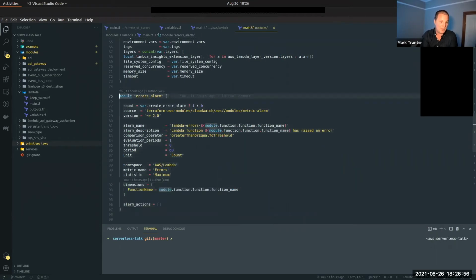Alarms, this comes back to our production readiness piece. I've set the threshold at 0 here, so I'm saying if there are 0 failures or more, I want you to send me an alarm. Now in production, obviously you would have that set at some greater value. You don't want to get alarms when there are 0 errors, but this is for demonstrative purposes, if I get to it later on in the talk.